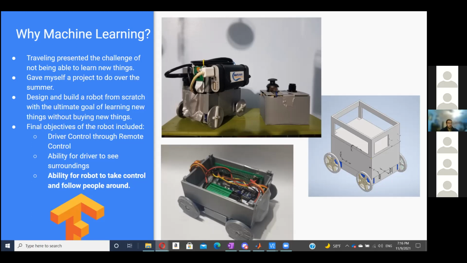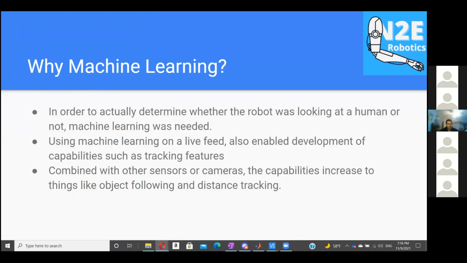And that's where I use machine learning, and also other things, right? If I want to implement more into the future, such as do this or follow a cup or do something based on what's in front of you or what's around you, machine learning is the answer. So once again, basically what I talked about, why machine learning, right?